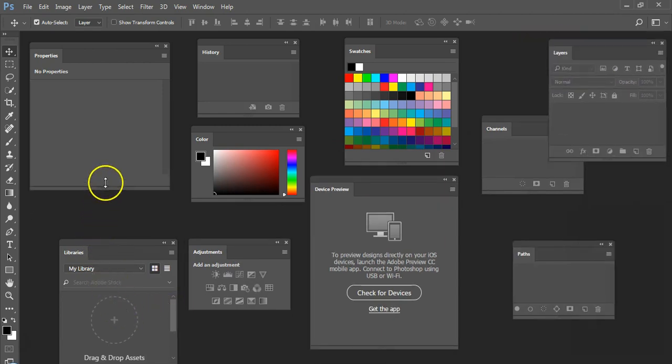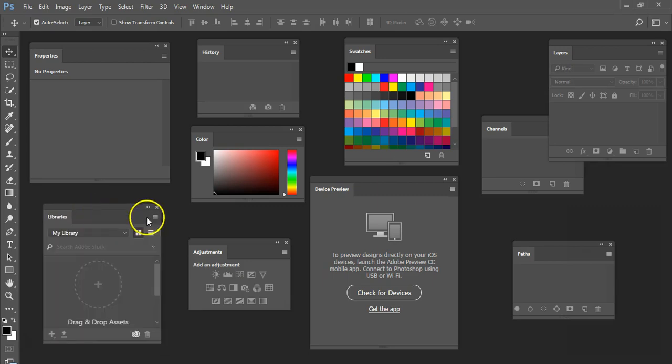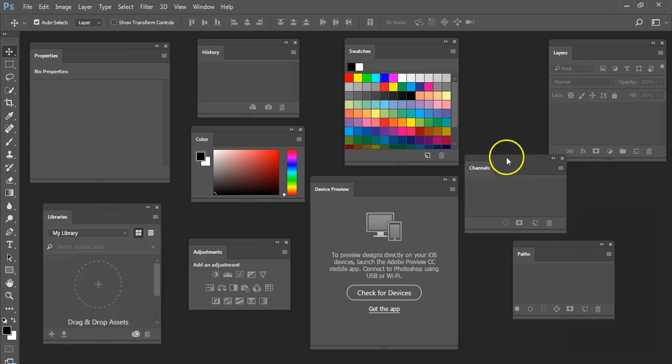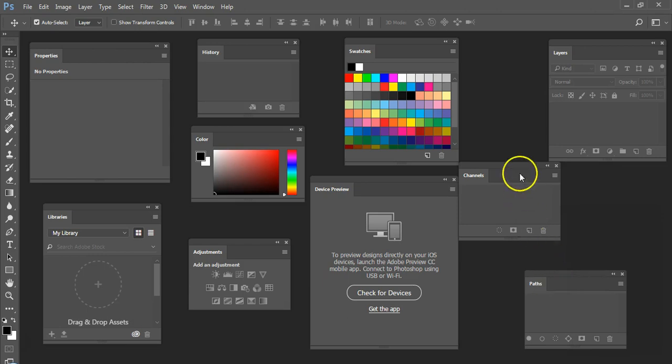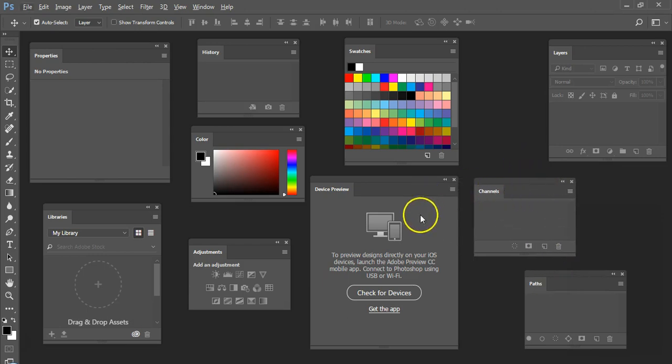Resize these panels from their bottom edges so you can see them properly, not overlapping each other or going out of the screen. Now as a beginner in Photoshop, we don't need the device preview panel or libraries panel, so close both of them.